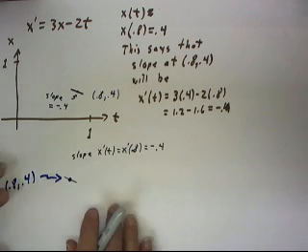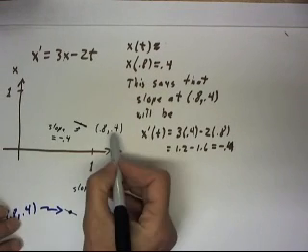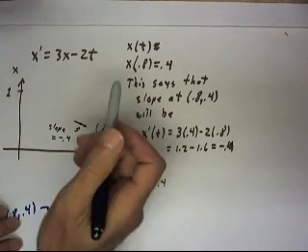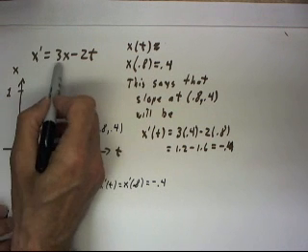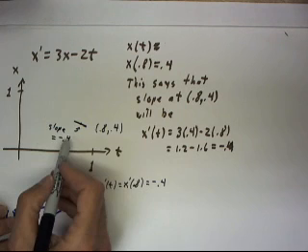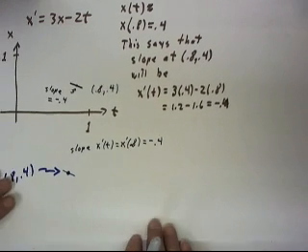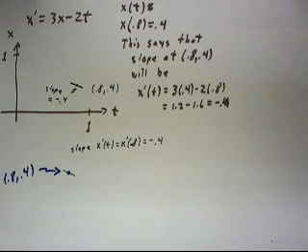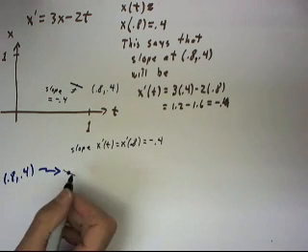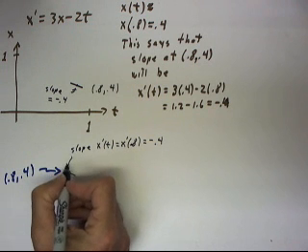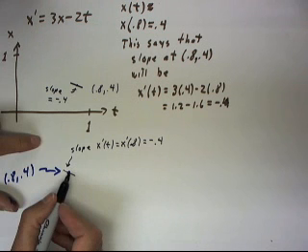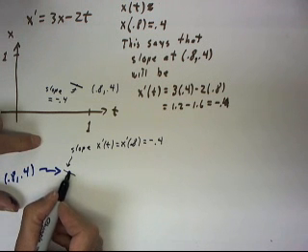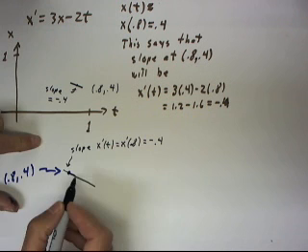We've seen that the slope at the (0.8, 0.4) point of the solution curve for any differential equation x' = 3x - 2t is going to be -0.4. Now let's see what that tells us about the behavior of the solution curve. Well, if we have the point (0.8, 0.4) and a little segment indicating the slope, which is -0.4, what does this mean? Well, this means that if we move from this point any distance to the right,